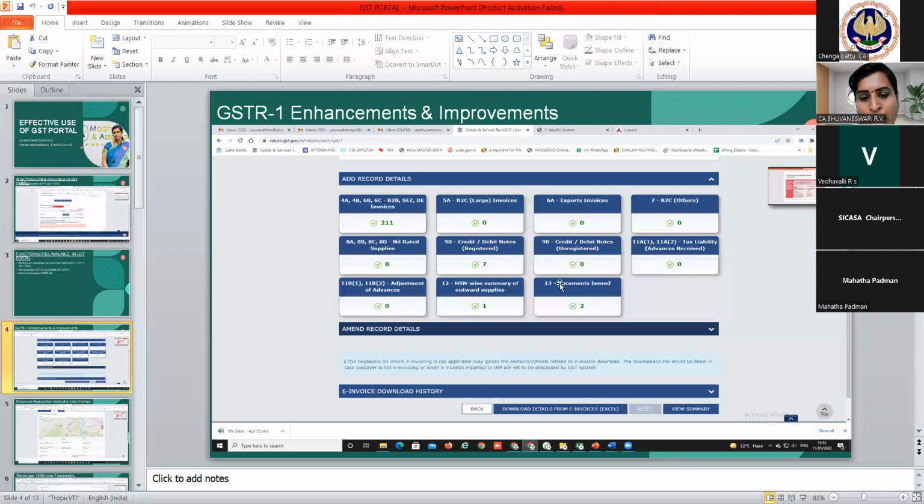As I told you, you will be able to find the numbers: how many records there are, how many HSN summary entries there are, what the total number of documents issued is, it is 2. Look at the number of invoices, it is 211 in total. So the complete summary is reflected here. Also you will be able to see